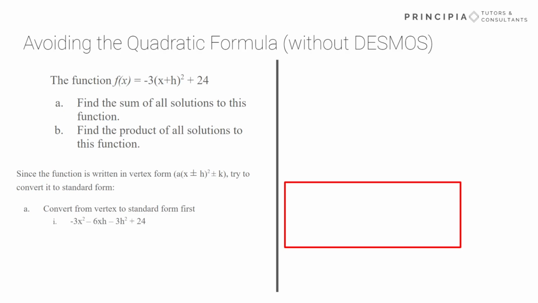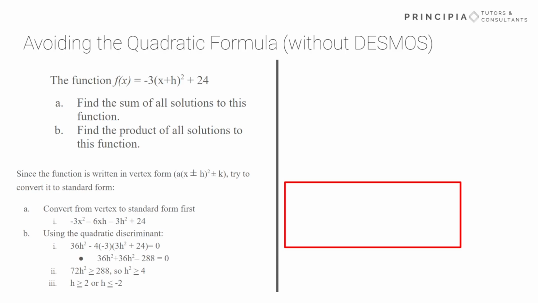Writing it out, after foiling and distributing, we should have a negative 3x squared minus 6xh minus 3h squared plus 24. It's important to note that that negative 3h squared plus 24 is the c value, while the negative 6xh, that's going to tie into b, where negative 6h is b, and negative 3 on the x squared is our a value. All right, using the quadratic discriminant, which is the b squared minus 4ac, setting it greater than or equal to 0, working out our math,